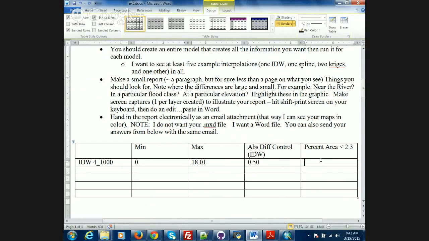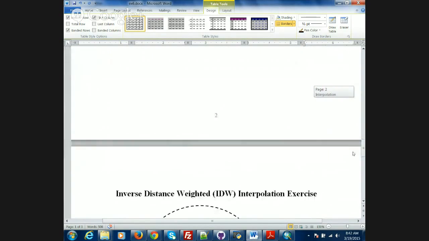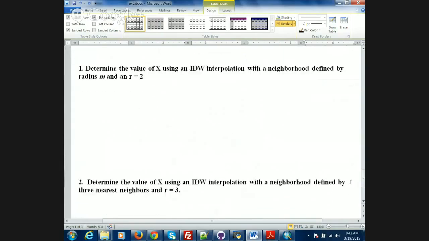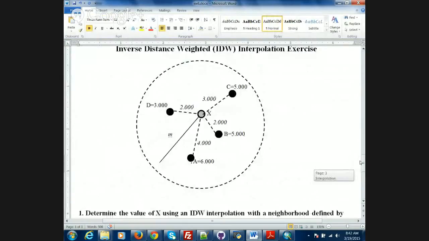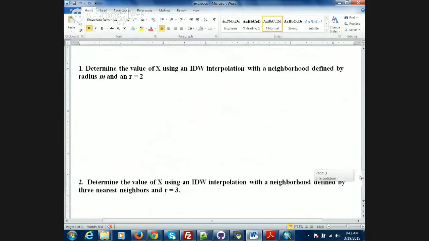It'll help you become more familiar with the interpolation methods. Okay. Does anybody have any questions about what you turn in? So you turn in this, then the other thing that you turn in is the answers to these two questions using this scenario. You're going to calculate IDW by hand just for that little circle. And again, this is to get you a little bit more familiar with how it changes based on the input